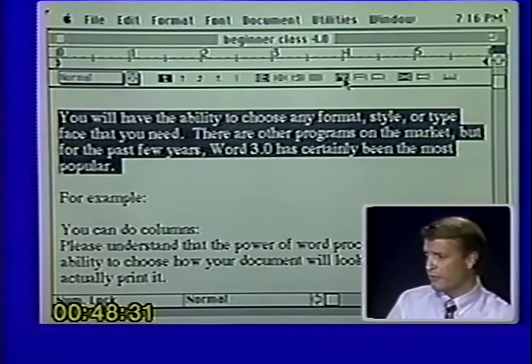Now for you purists in the audience, you will find out that this is not really single, double, and triple. It is really space, space and a half, double space. If you ever go to compare it to a typewriter, you'll find out that it is space, space and a half, double spaced. Okay, so that's your spacing options. If you want to change your entire document, simply select your entire document and then hit the one desired.